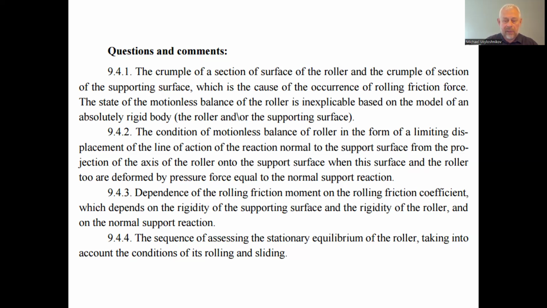Considering this, we can find the magnitude of the external forces which is enough or not enough to cause dry friction with sliding of the roller, and we can find the force which is enough or not enough to cause the rotation of the roller, considering the coefficient and the weight